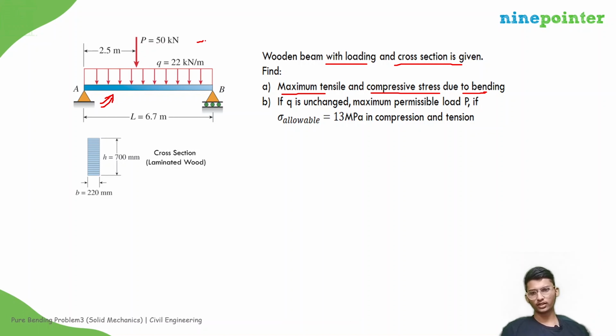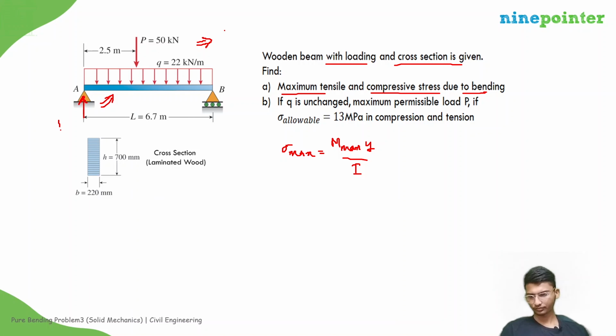So if you see the loading, the bending moment diagram will be non-uniform because the bending moment will not be constant over here. So it is not the case of pure bending, it is non-uniform bending. But already we said that we can use the formula of pure bending for small element of this non-uniform bending. So sigma max is equal to M max into y divided by I, right? So first we need to find out M max. So for M max,